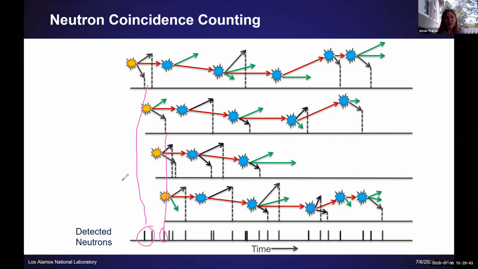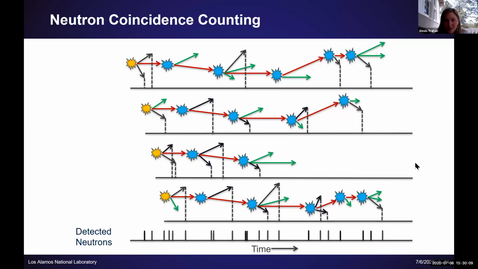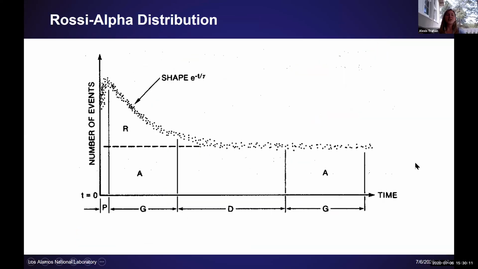We measure for some amount of time, and then we can start to say what portion of the neutrons came from the same fission event or same fission chain, and what portion of the neutrons came from totally unrelated fission chains. So I'm gonna, see, this is where annotating always catches me. I have to stop annotating. I stopped sharing. Okay, we'll get there. There we go. So a Rossi alpha distribution.